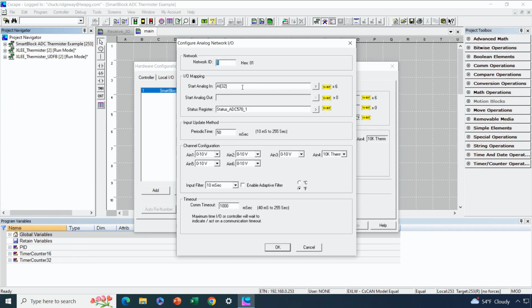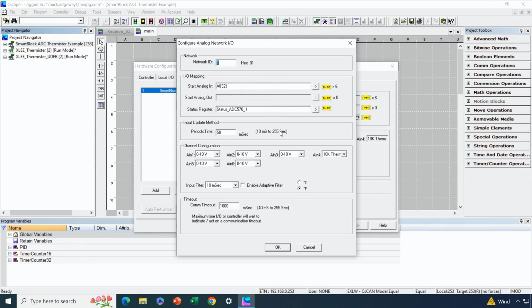Now I'm using variable-based advanced ladder, so it uses arrays for its real-world analog input values as variables. So AI32 as an array, remember arrays are zero-based, correlates to %AI33 as a real-world analog input memory register. And there are 6 consecutive analog input values which are going to be reported by the smart block. I've also assigned a status variable, which is always important to monitor the health of any kind of remote I/O